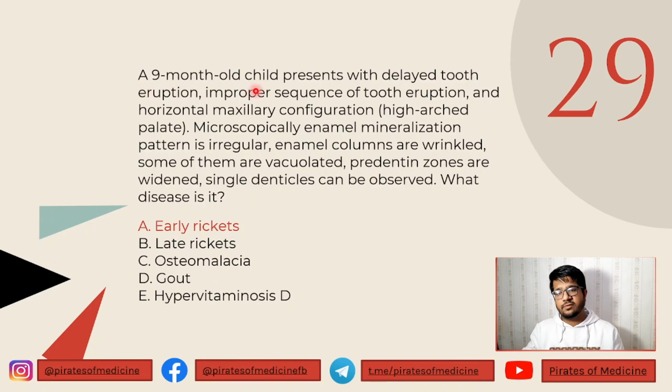A 9-month-old child presents with delayed eruption of teeth, improper sequence of tooth eruption, and horizontal maxillary configuration. Microscopically, the enamel mineralization pattern is irregular. Enamel columns are wrinkled. Some of them are vacuolated. Predentine zones are widened, and single denticles can be observed. We can overall see that the tooth formation process is totally disturbed in this patient, and at this particular age this is